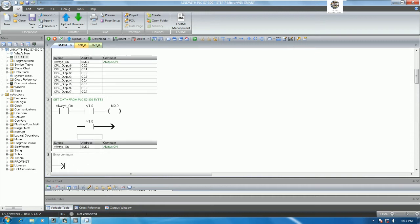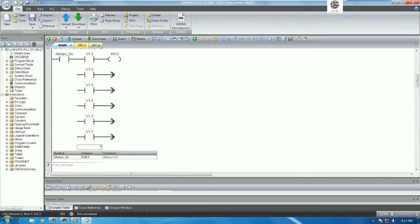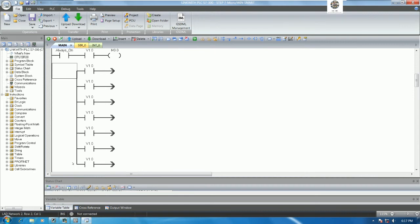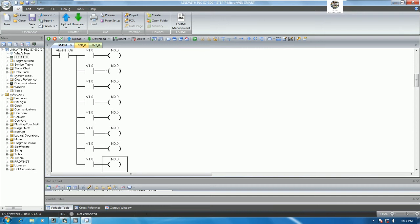Then we can copy 8 bits, right? So 2, 3, 4, 5, 6, 7, 8. Okay, and this one should be M0.0, 0.1, 0.2, 0.3, 0.4, 0.5, 0.6, and 0.7. Okay,